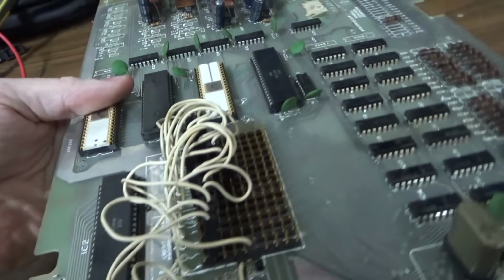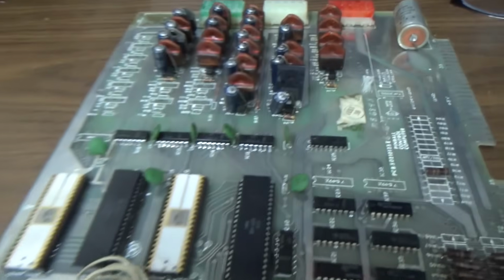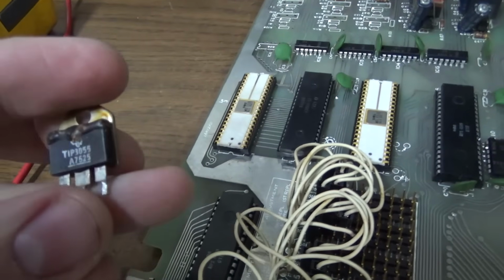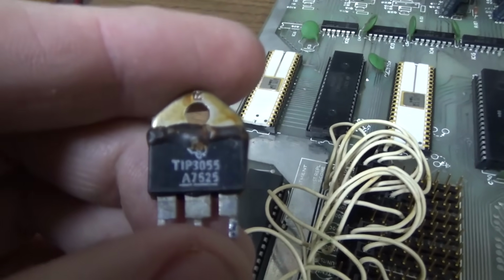Now I have replaced it with a TIP3055. It looks completely different than the other ones. I hope that one's not fake. I don't think it is. Usually if I've got them, it's because I ordered them from something else. And this one's just really old, you know, so